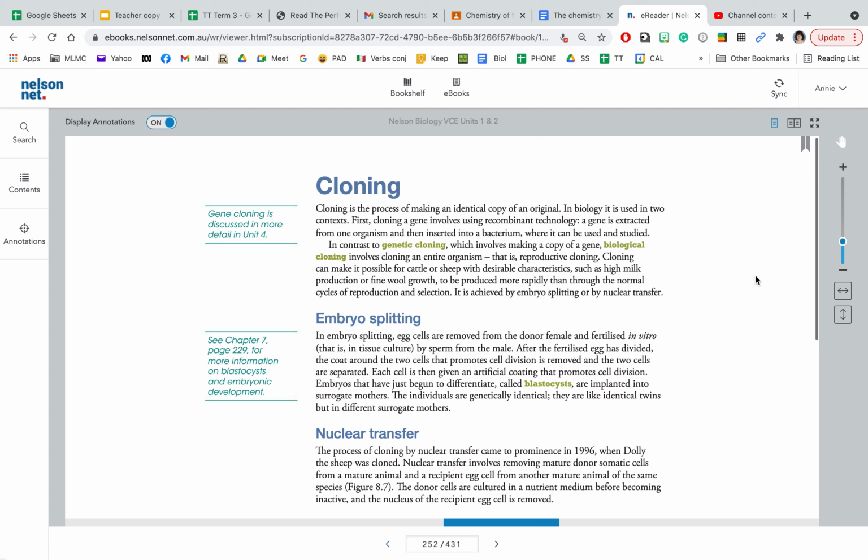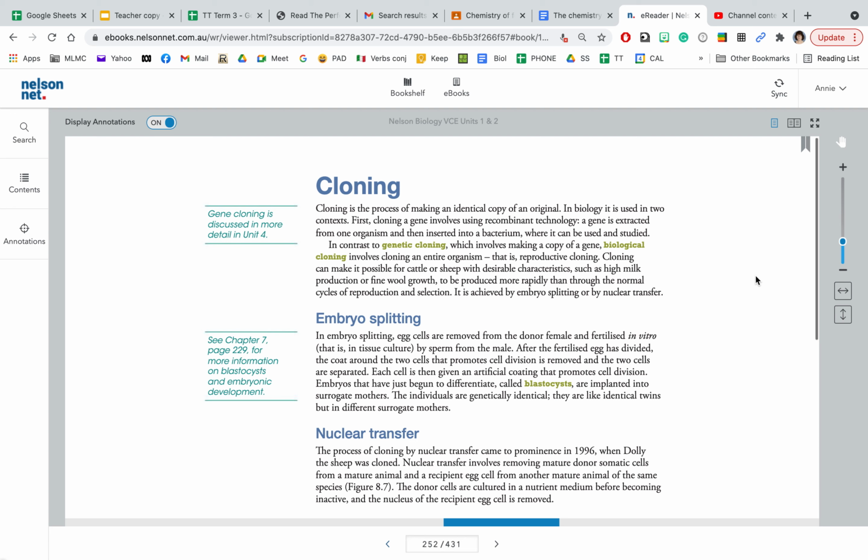Chapter 8.3 Cloning. Cloning is the process of making an identical copy of an original. In biology, it is used in two contexts. First, cloning a gene involves using recombinant technology. A gene is extracted from one organism and is then inserted into a bacterium where it can be used and